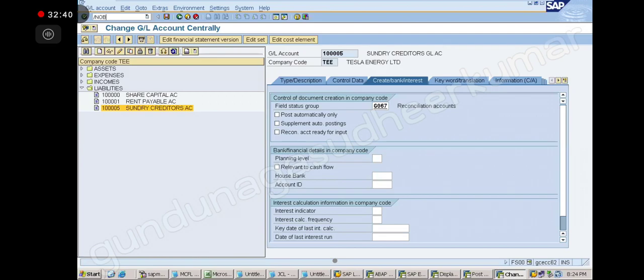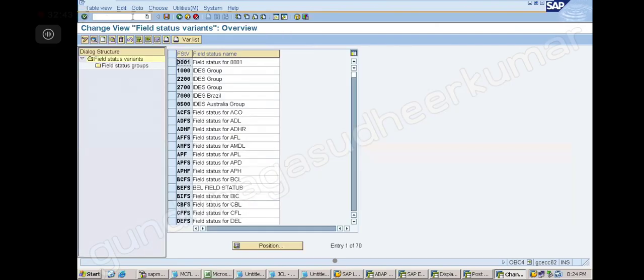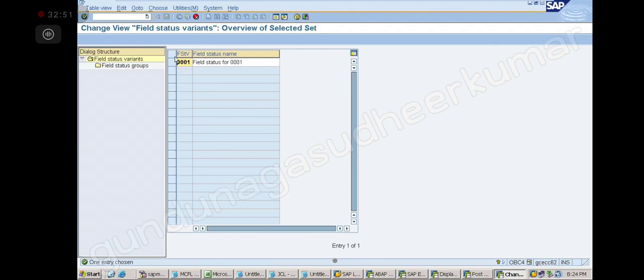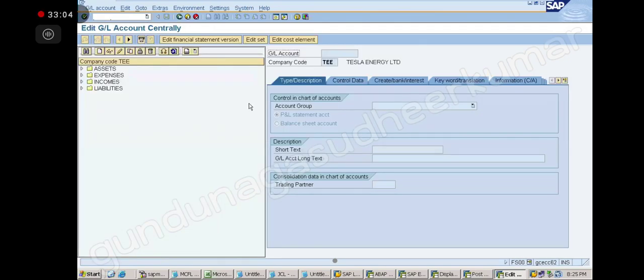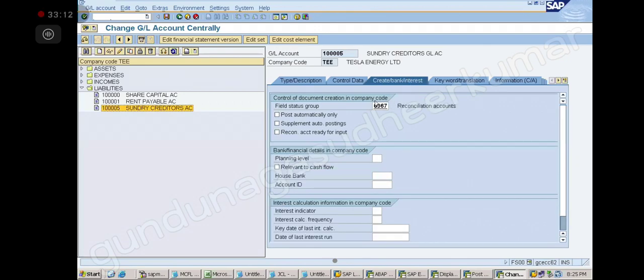So you go to OBC4. Here you have done step number 4, variant. You selected this, you copied, correct? And you change the name like this, so that TEFS, you change the name, enter, save. Same thing, it is already created, don't worry, it is already there. So you have to go here, select the sundry creditors, and then you create the G067 unit. Any error you are getting when you are doing this?